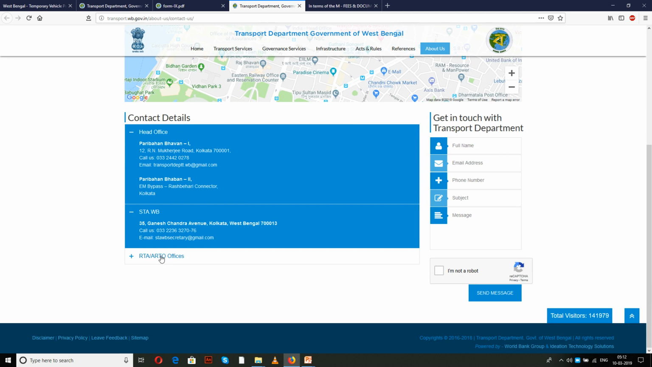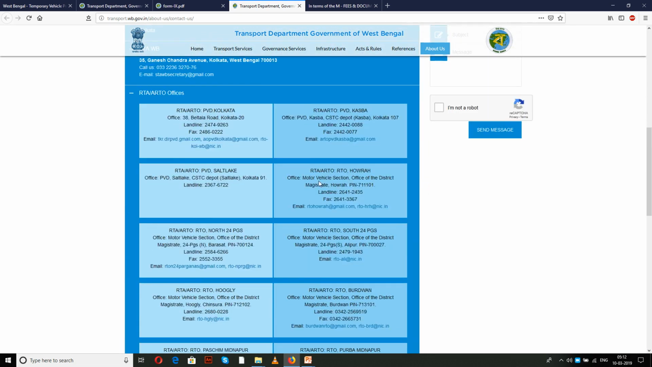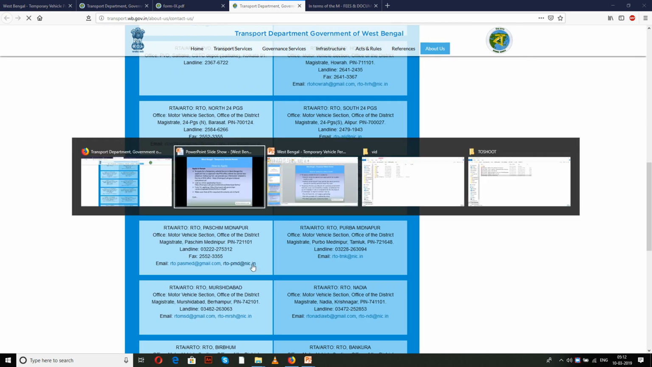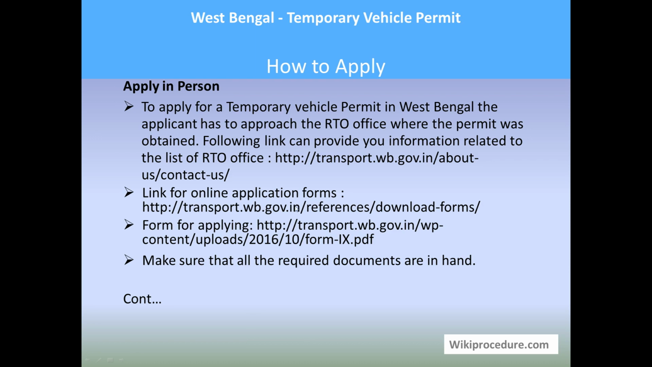Here they have provided the addresses of different RTO offices. The one which is close to your area can be located, and you can use that address to reach the office for applying. The link for the application is provided here. As I explained already, you can download the application form with the help of the link and print it for